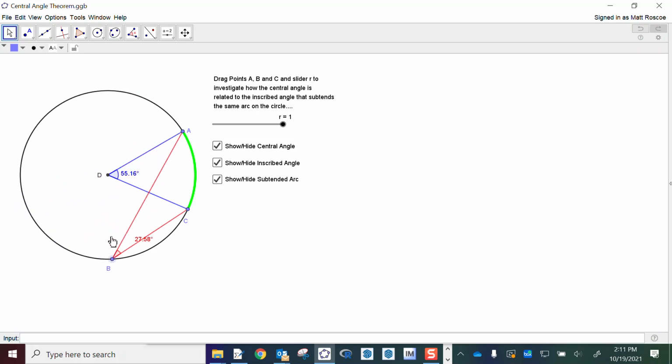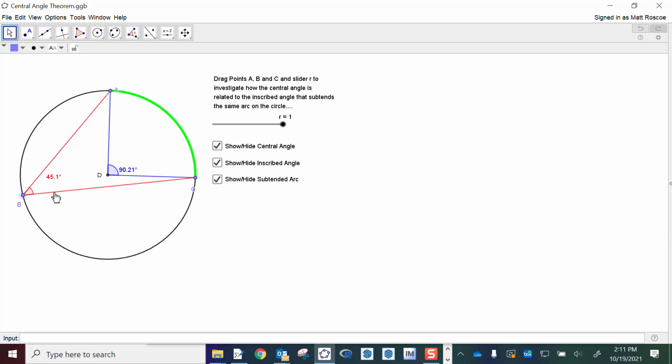And so you can see that this angle, even though I'm changing where the vertex is, remains constant. It always appears to be about half of that angle's measure. I could change this to something a little easier to measure. We could do a 90-ish, somewhere in there, and this one's 45. So it appears that the inscribed angle is always half of the central angle's measure, no matter what configuration I